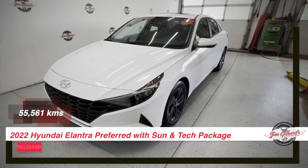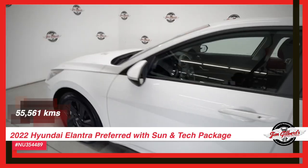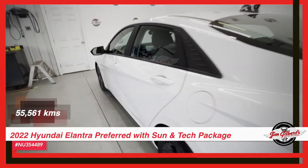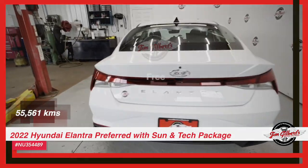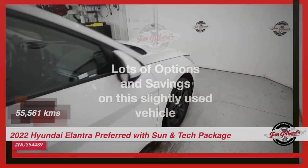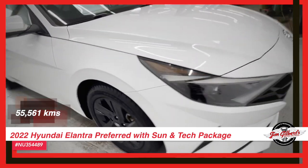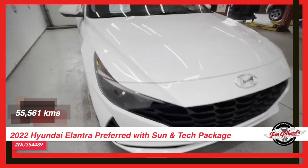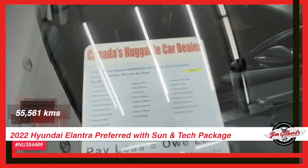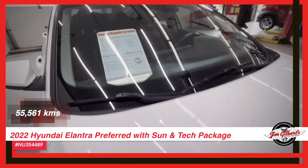Looking for a reliable and affordable used vehicle? Look no further. Our 2022 Hyundai Elantra, Preferred with Sun and Tech package, is the perfect choice. This well-maintained car comes equipped with a sunroof, heated seats, remote start, rear camera, and blind spot technology for added convenience and safety. And with the factory warranty plus our 12-month huggable guarantee, you can have peace of mind knowing